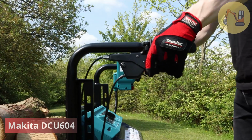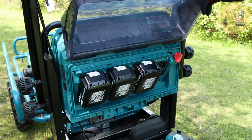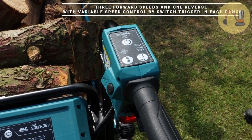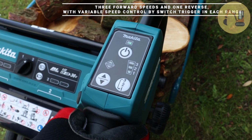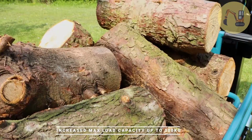Makita, a venerable Japanese construction company with a century of experience, has expanded into gardening. They've transformed the traditional garden wheelbarrow into an electric powerhouse, capable of carrying 300 kilograms. This impressive machine boasts 4 speeds, 4 batteries, headlights, a tail light, and a warning beeper, all within a manageable